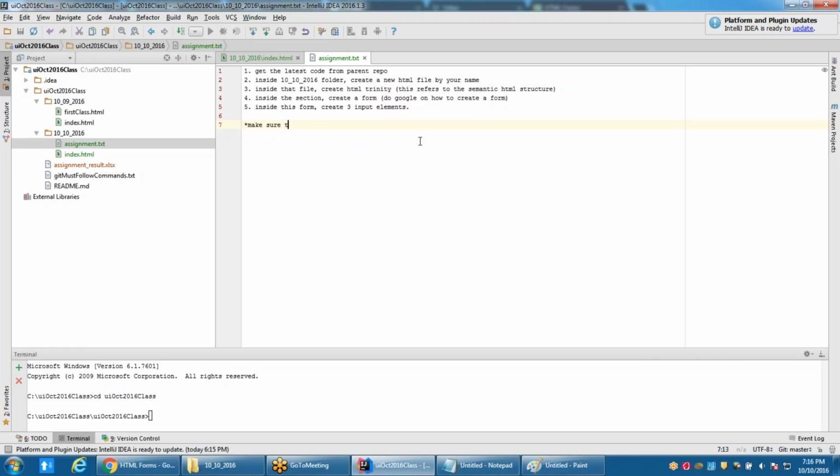Star, make sure to push your changes, your assignments, before 5 p.m. tomorrow. And one more star point, make sure you follow the indentation. If you don't follow indentation, then you're not following the classes. Okay,